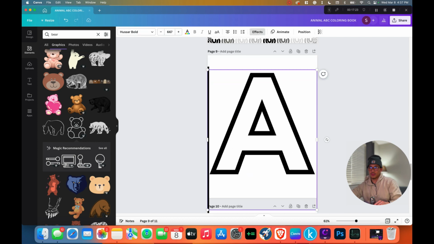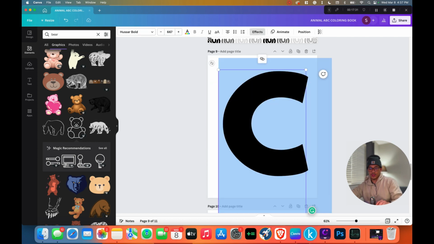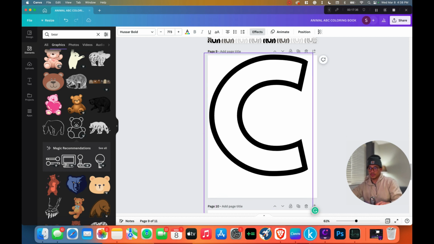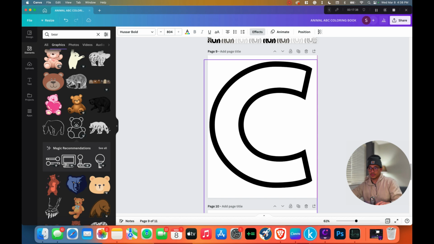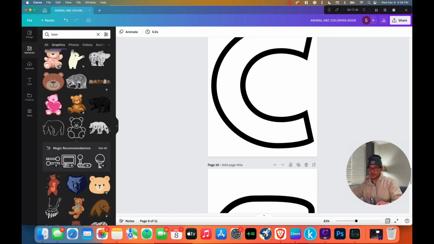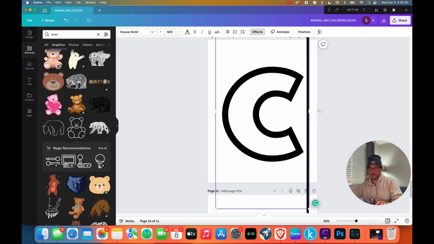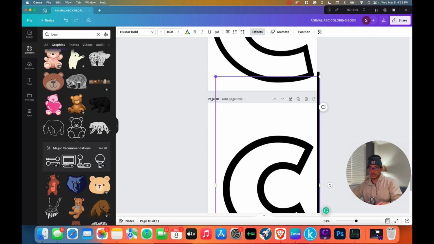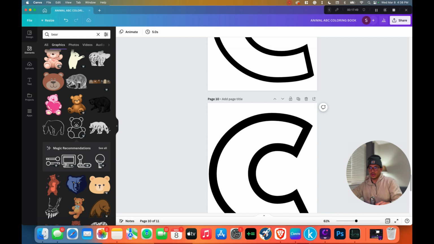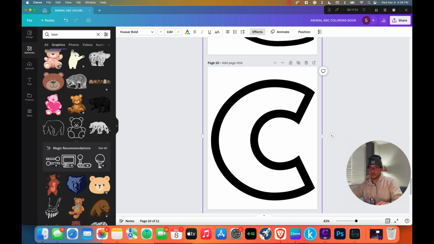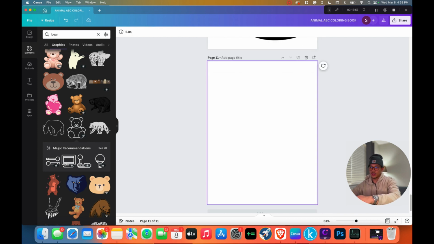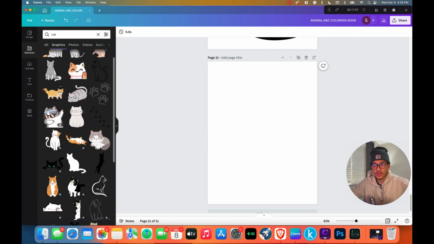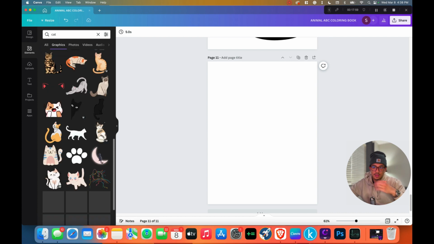So now this is going to be C, big C. And then little c. Which look very similar. And then here, instead of a crocodile, we're going to do cat. And we're going to find a cat here that